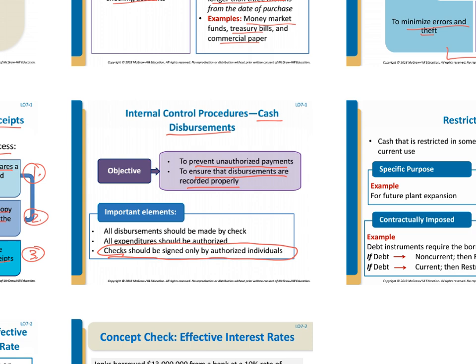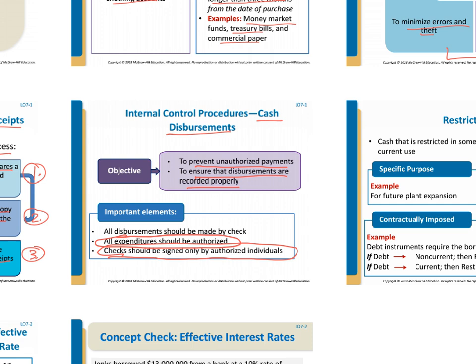It has to be defined in context, but a common one that I've seen in practice is about $5,000. We also often require that all expenditures should be authorized before the check is actually signed. So you might think that the check being signed is when the expenditure is authorized, but typically what happens in practice is that we first authorize even a purchase order to say that we're going to solicit this service or this product from a supplier or vendor.